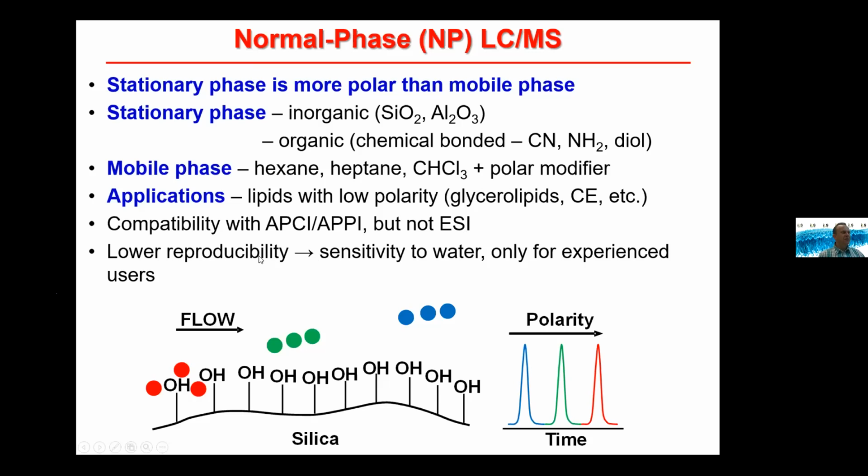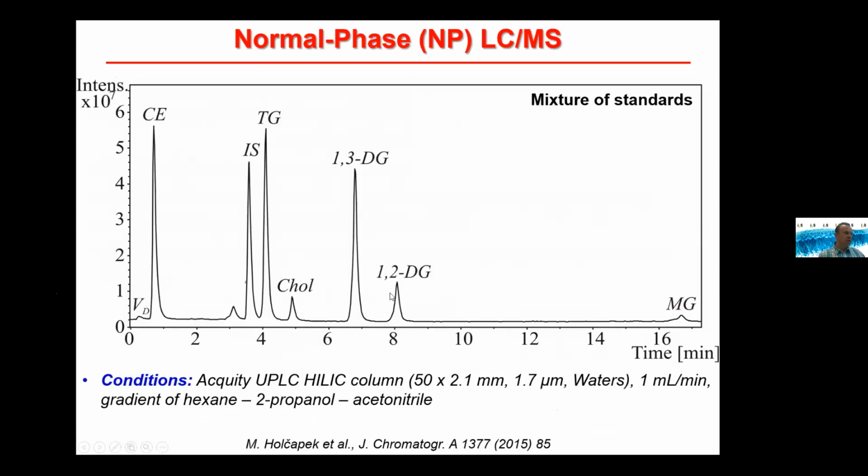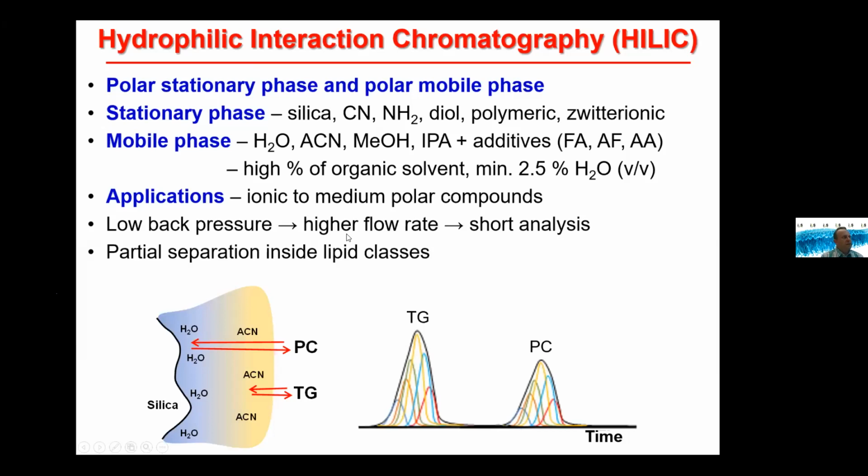Here we also have lower reproducibility because of huge sensitivity to traces of water. So definitely, I don't encourage you to use this method if you are not experienced chromatographers, because it's not so easy to handle. Just one example: you may separate various acylglycerols and cholesterol esters using this methodology and the conditions given here. At present, I would say that normal phase chromatography was almost completely replaced by hydrophilic interaction chromatography, abbreviated as HILIC,